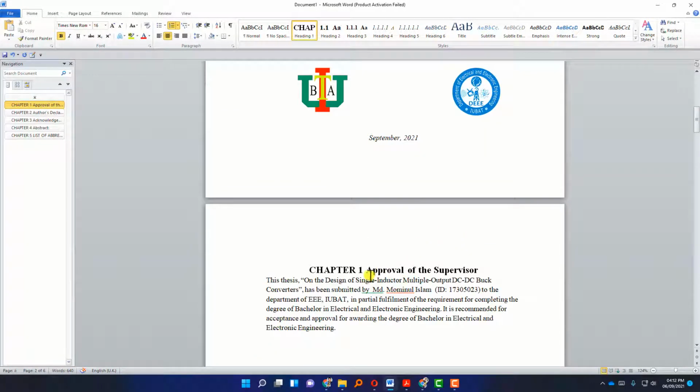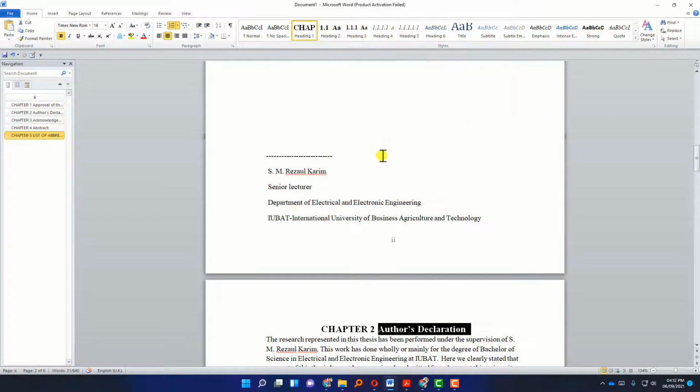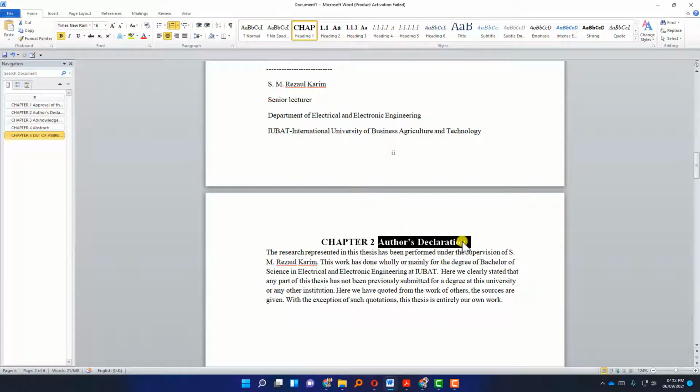So before cutting the chapter number 1, I'm going to select all of this, and you can see I have selected all of these things, because all my headings have to be uppercase. So I just right click here and select all 5, and then click uppercase. You can see now all